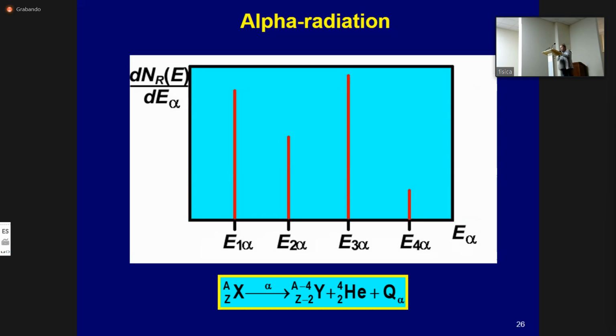The alpha particles have a mass and charge equal to the mass and charge of a helium nucleus, 2 protons and 2 neutrons, and are emitted during the decay of heavy nuclei. An example below: the nucleus X, having undergone alpha decay, becomes another nucleus plus an alpha particle. During alpha decay, energy and momentum are distributed between 2 particles, the daughter nucleus and the helium-4 nucleus.